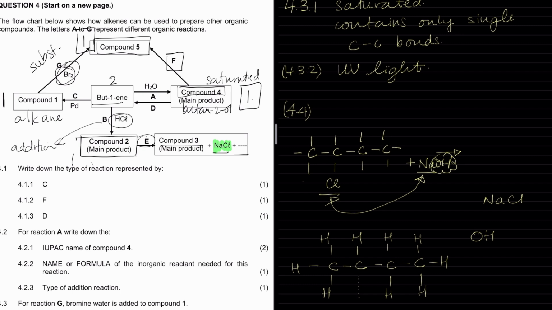So remember this, the rich get richer and the poor get poorer. So you are going to remove a hydrogen from a carbon that has fewer hydrogens. If I look at this, this carbon has 3 hydrogens, whereas this carbon has 2 hydrogens. So it's actually going to be this hydrogen here that's taken away and bonded to form your water, and a